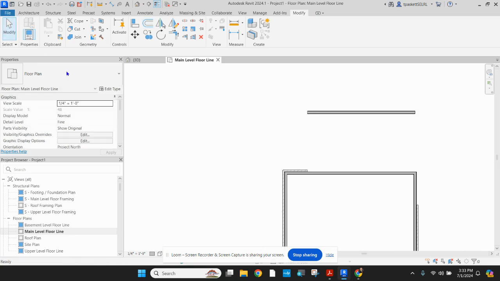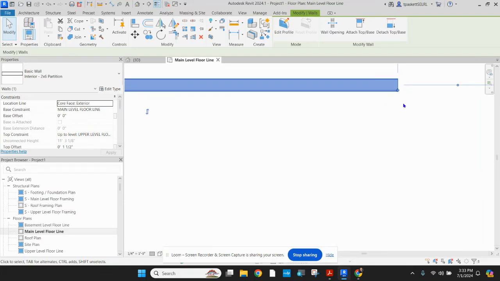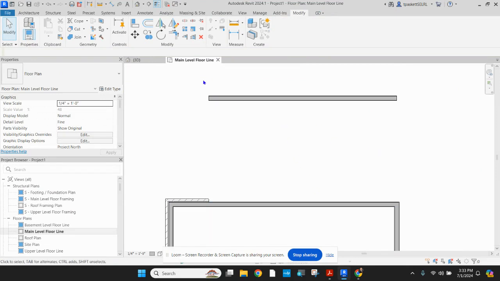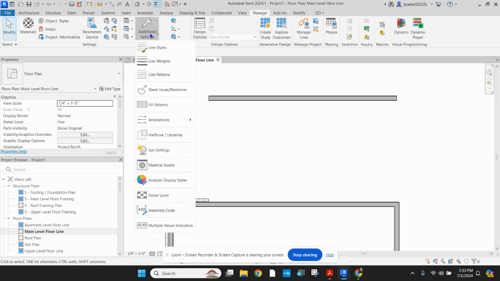Now, if you want to verify that and then modify, make sure that it's still going to the middle of this wall. That's not good. I need to make a change in my settings. All right, so we go now to Manage. I'm going to go over here to Additional Settings. I'm going to scroll down till we get to